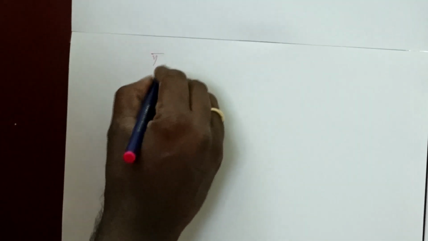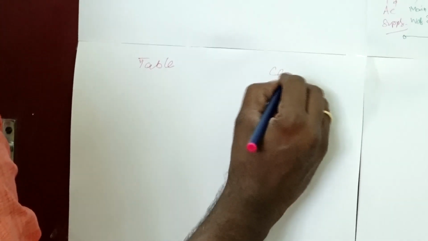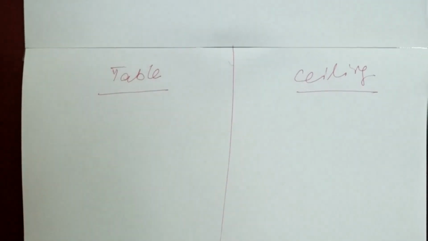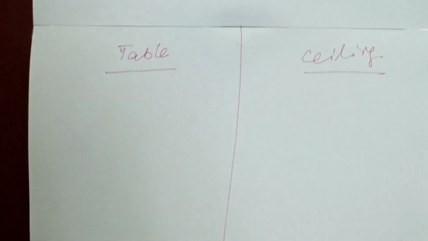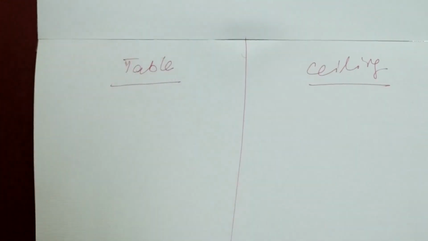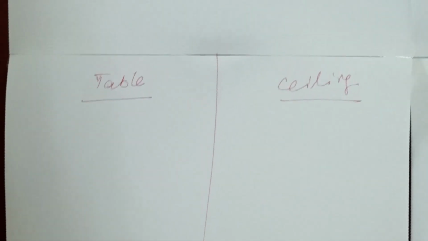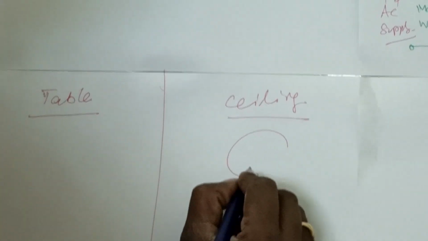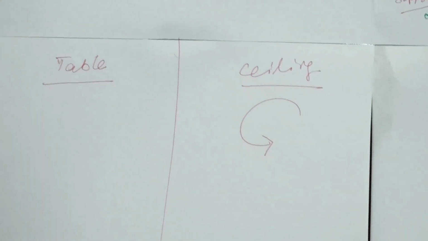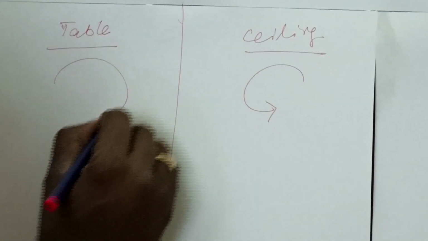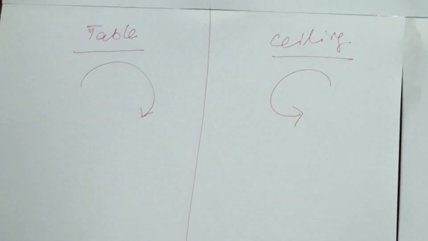When we come to the table fan and ceiling fan, this is the application of the permanent capacitor single phase induction motor, simply the fans. There is some difference between the table fan and the ceiling fan. The table fan is a movable one, while the ceiling fan is always fixed to the ceiling. So, do you know one thing? There's a small interesting thing in this ceiling fan and table fan concept. The ceiling fan always rotates in the anti-clockwise direction, like this. But in your table fan, the fan blades rotate in the clockwise direction.